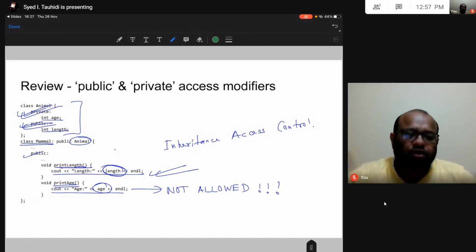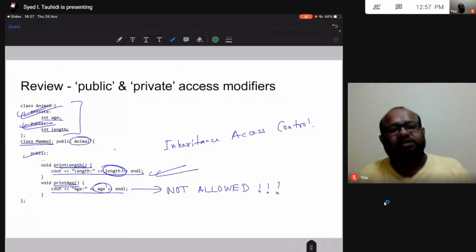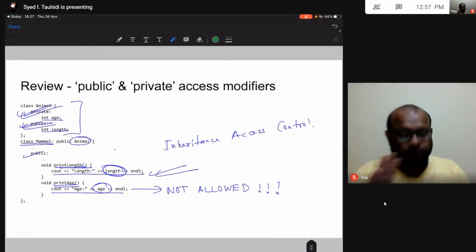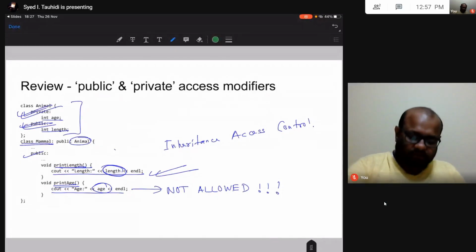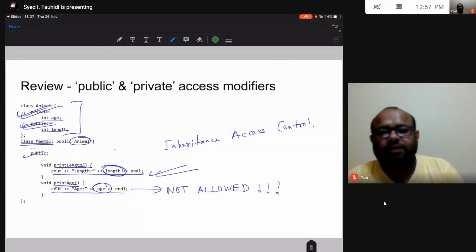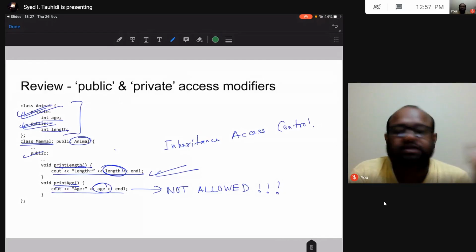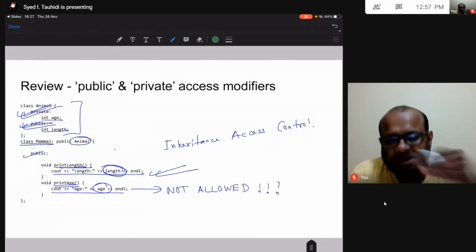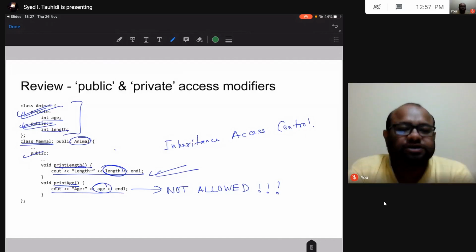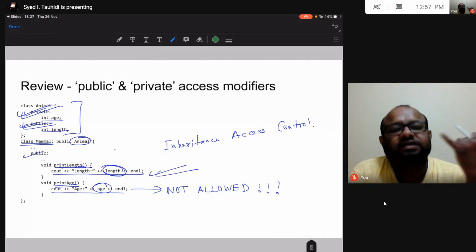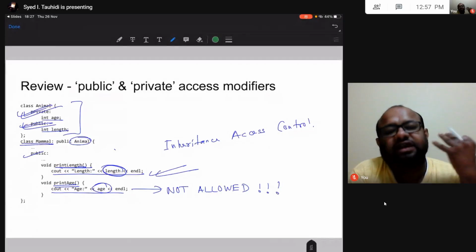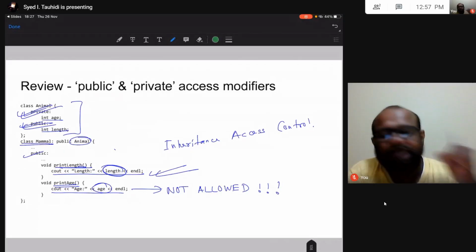So the only place where I can access the private data attribute is the class itself, nowhere else. And the friend function, of course. Friend function is there, but we are not talking about friend function in this lecture. We talked about friend function before, and friend class is something that we will talk about. But in the options I showed you, in inheritance, in code outside the class, and in code inside the class, out of these three, only code inside the class can access the private data attribute.